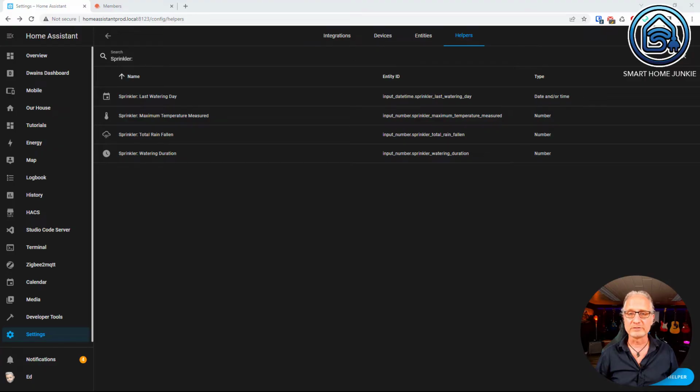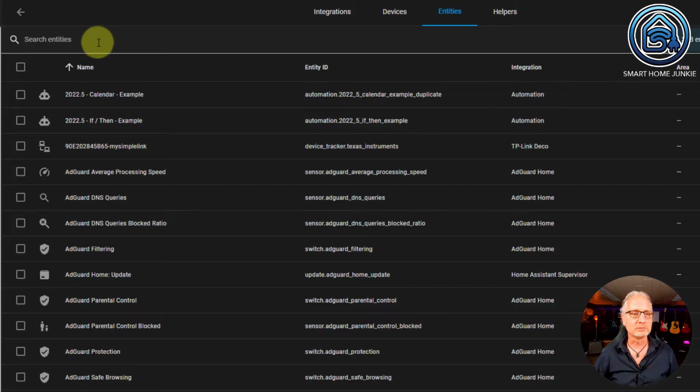The next things that we are going to set up are the sensors. And there are some sensors that we are going to use from Openweathermap, and there are also some custom sensors that we are going to create now. So the Openweathermap sensors are already known. Those are these sensors. So let's search for